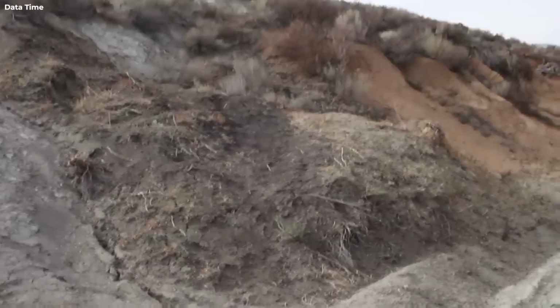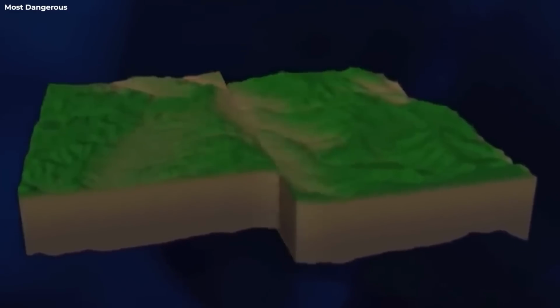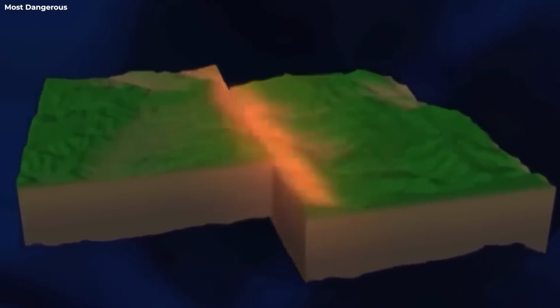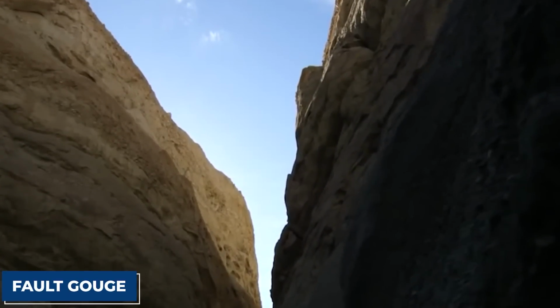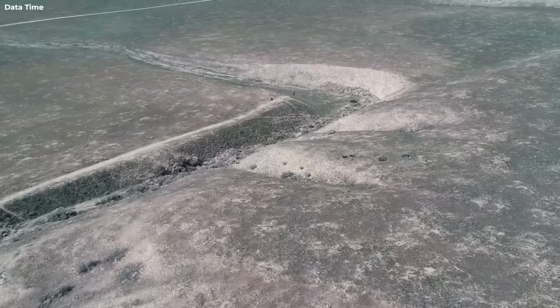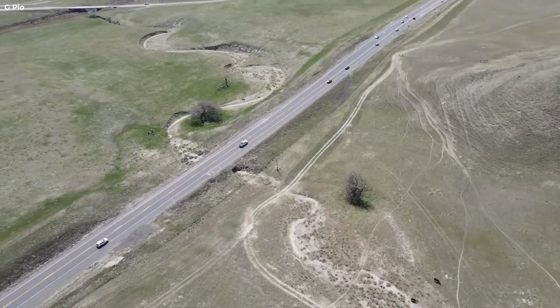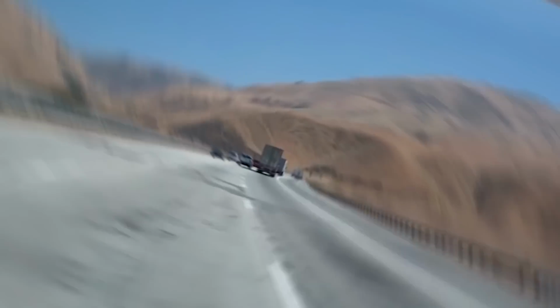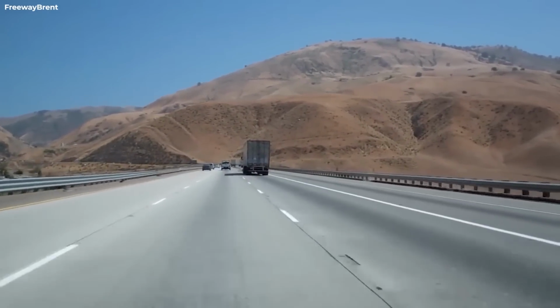It's not possible for these two rocks to have formed together on their own. It only happened because of the sliding movement of the two plates. Between the two layers is a layer of black rock, also called fault gouge, and this is where the actual fault line is. If an earthquake were to hit this area, it would probably sever the Interstate 5 and completely cut the major transportation route to and from Los Angeles.